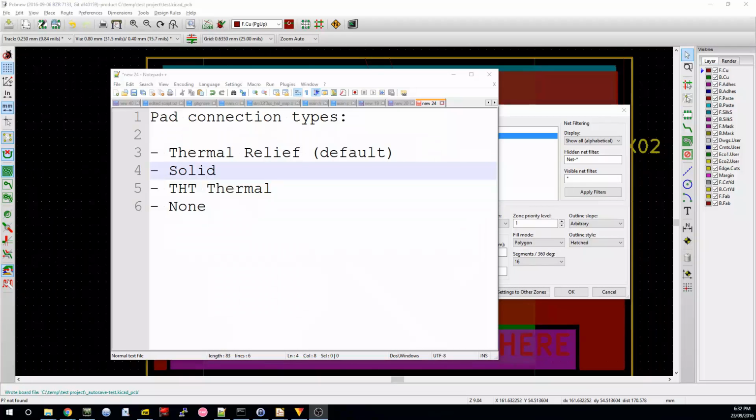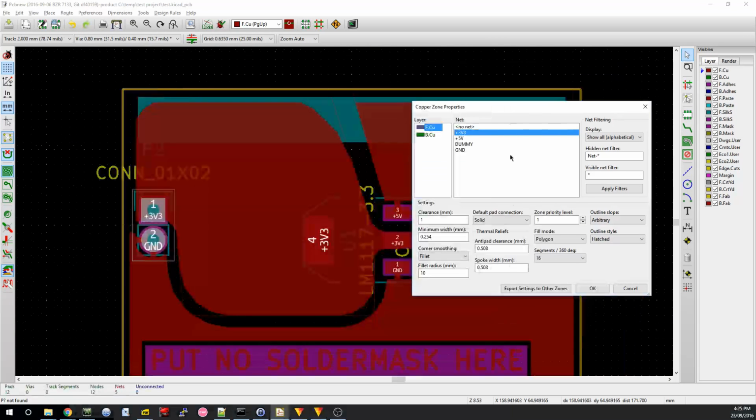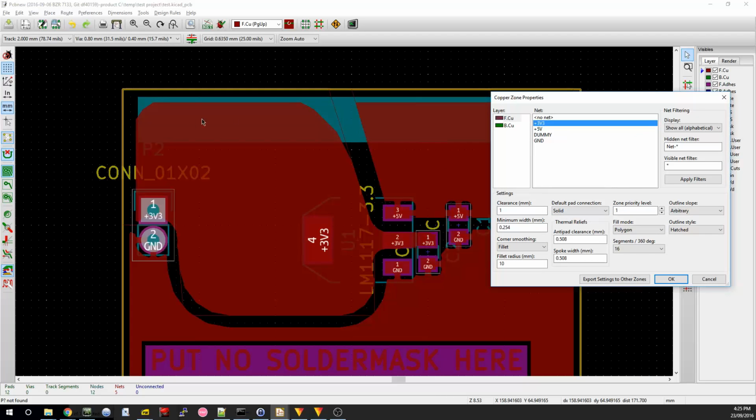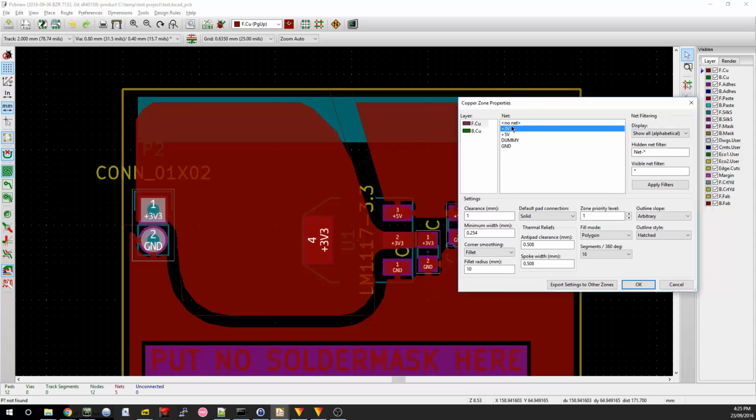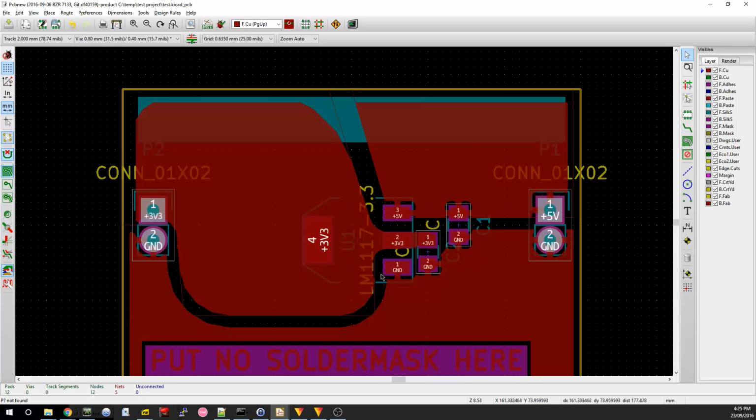There are 4 main methods for filling the copper plane. It says default pad connections. So the first method, solid, just fills the entire copper plane and does not offer any thermal relief to the pads. The reason you'd want to have thermal relief, so I'll change to the thermal relief option and hit B to regenerate the ground plane, whatever plane, 3v3 plane, is that when you're soldering components, you may want to